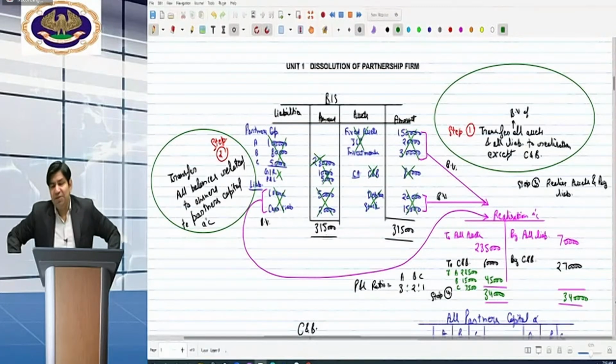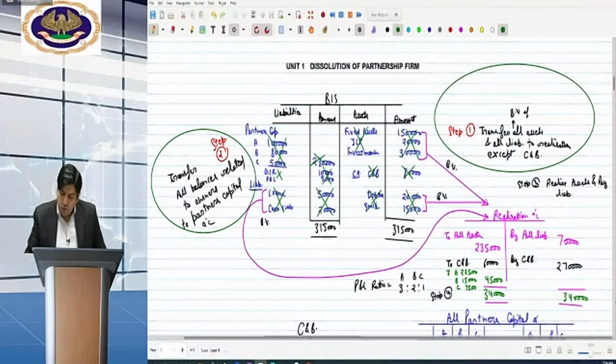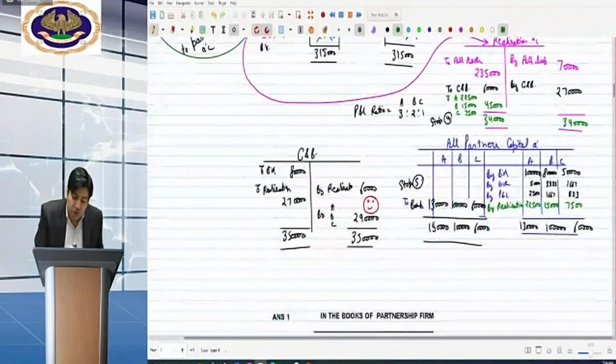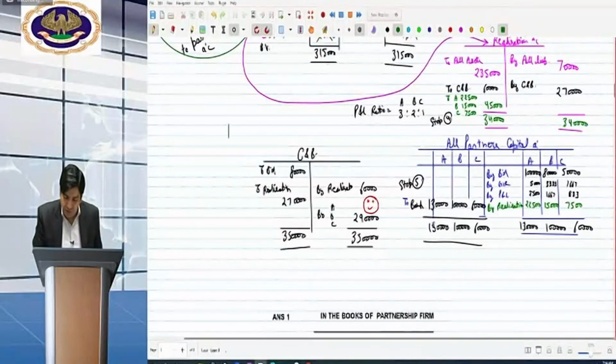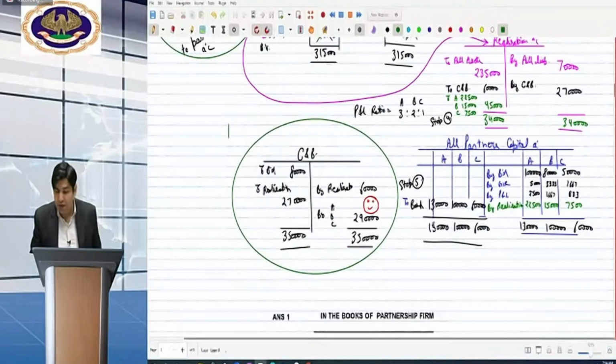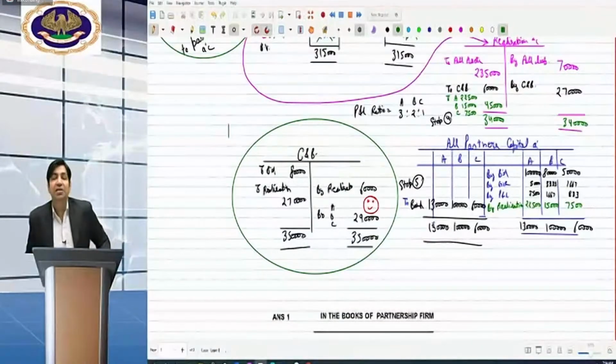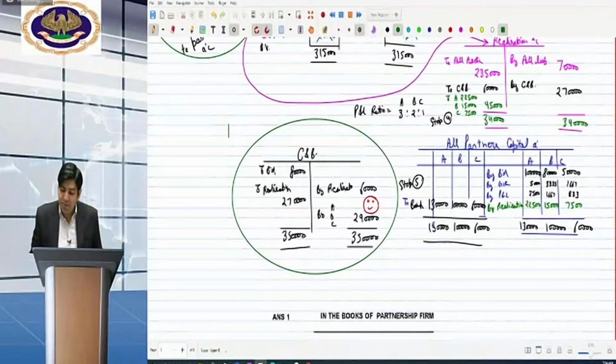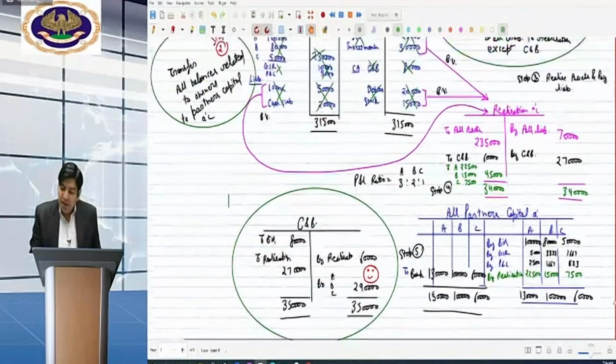The main purpose was to realize. It means all the assets and liabilities are being converted into cash. This was the concept. Because cash was already cash, we do not need to transfer it to the realization account. We do not need to hand over the cash and bank to the realization account for being realized into cash. So cash was kept separately, and after that, step number 3 was there, realization.